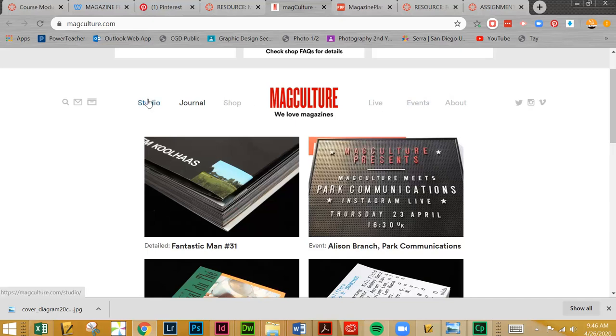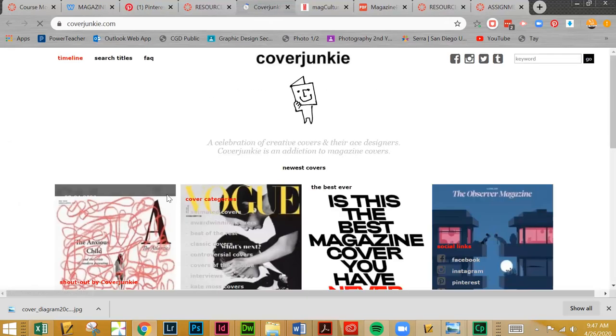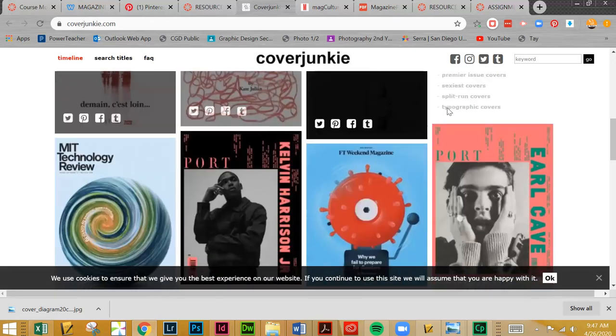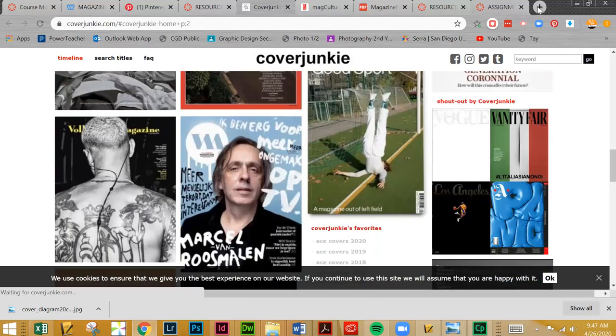You can look at the different pieces that are set up. You can also check out some of these other ones. It's spd.org or Cover Junkie. I like Cover Junkie. There's quite a few images that are here that I put onto my Pinterest board. One of the things I like with this is a lot of this is more current information, which is really nice. But you could look just straight in Google